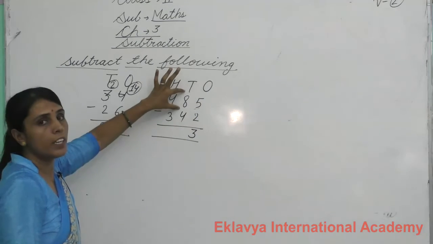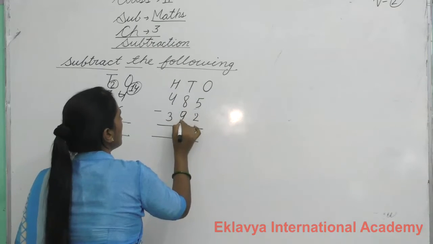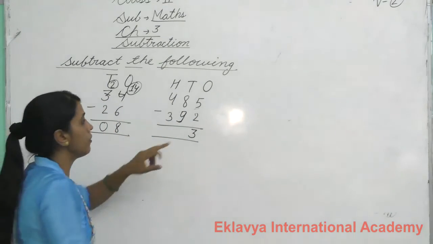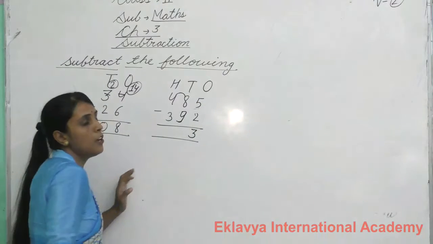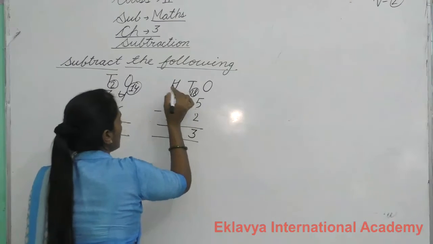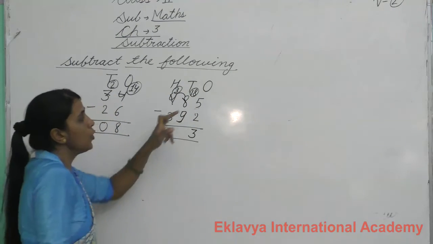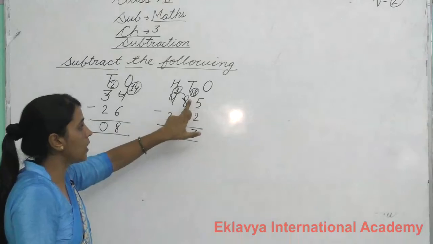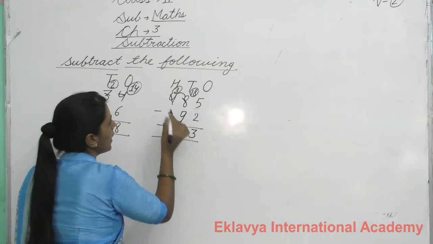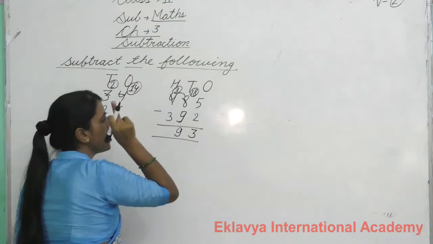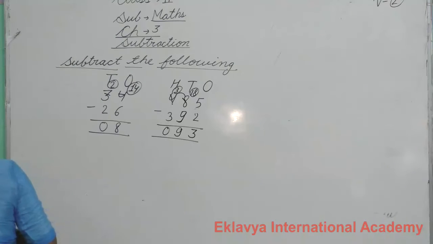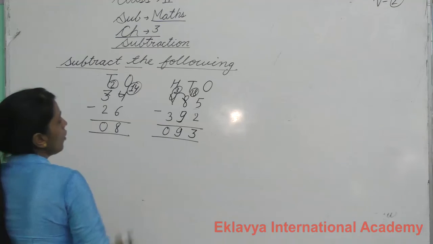You have 8 toffees. You want to eat 9 toffees. Can you eat? No. In this condition, we will go to the neighbor. We will take 1 borrow from them. You have 18 toffees and it has 3 toffees. You have 18 toffees. You want to eat 9 toffees. Can you eat? Yes. How many toffees do you have? 9. And you have 3 toffees. You want to eat 3 toffees. How many toffees do you have? 0. Got it, students?